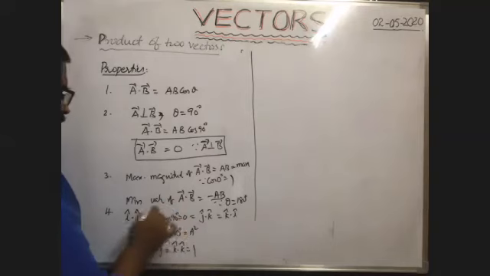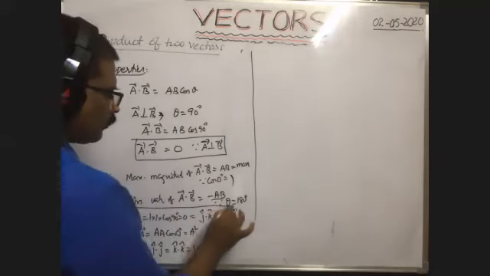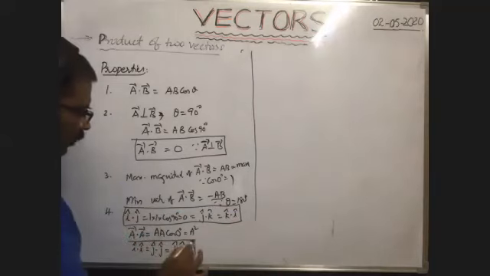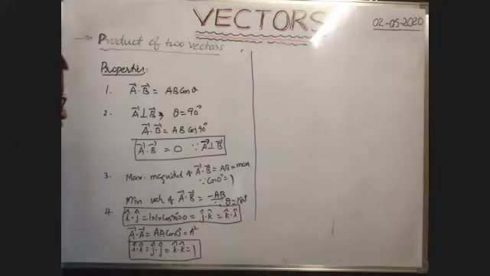Dot product between dissimilar unit vectors is 0. It is a very, very important formula. Dot product between similar unit vectors is equal to 1. And dot product between two similar vectors is equal to a square. Okay. Now,